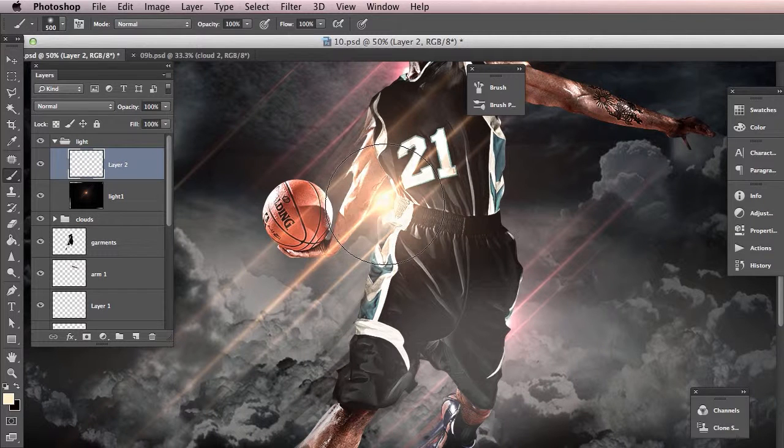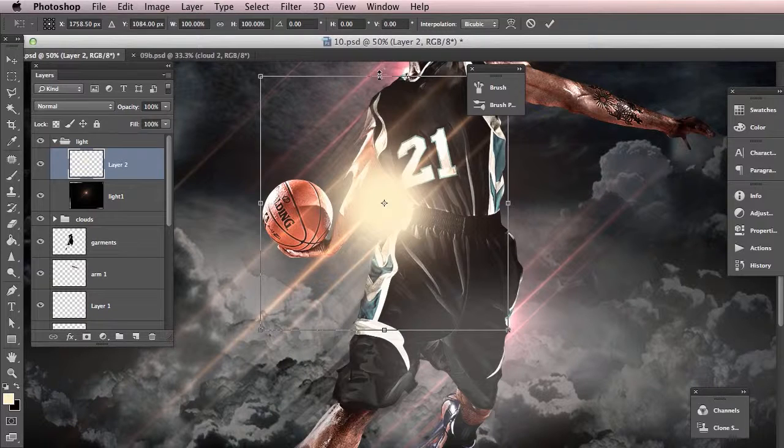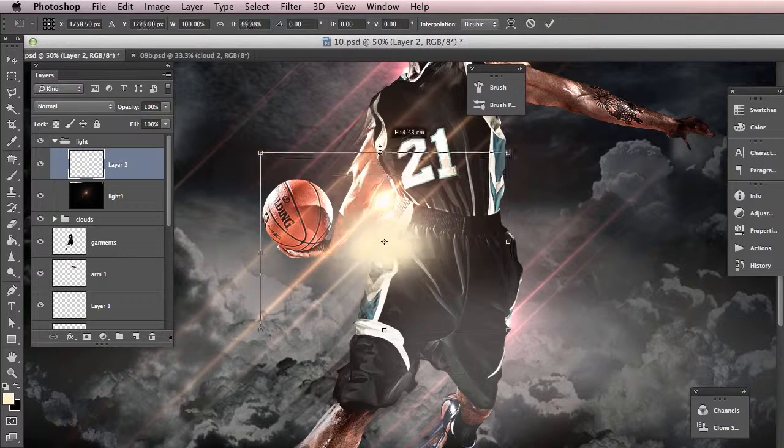Let's just dab the brush, and as I dab it, I'm going to make it slightly smaller just to thin it out slightly there, and I'm making it smaller as I dab it out. So if I choose the selection tool, press Command or Control T for transform, you can see there's the layer